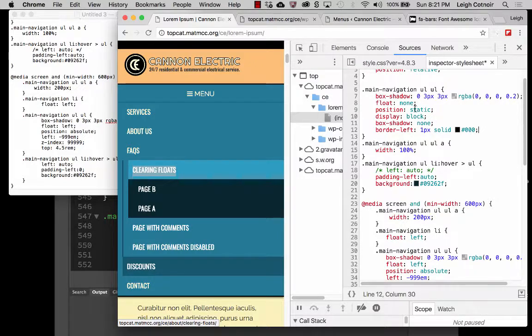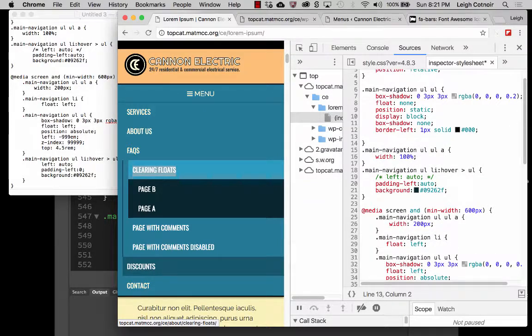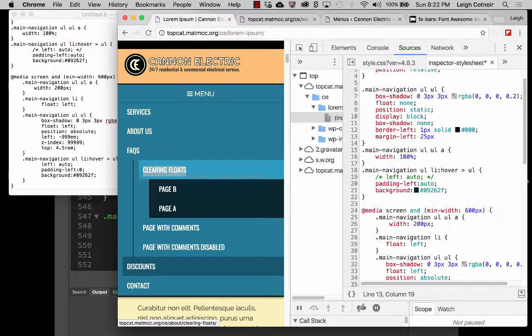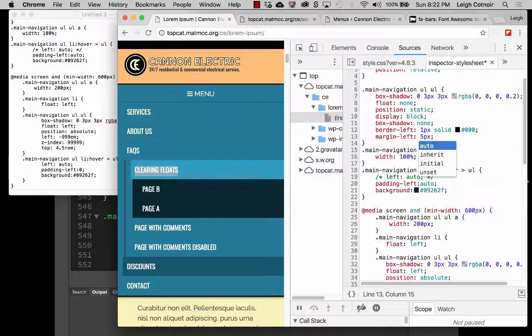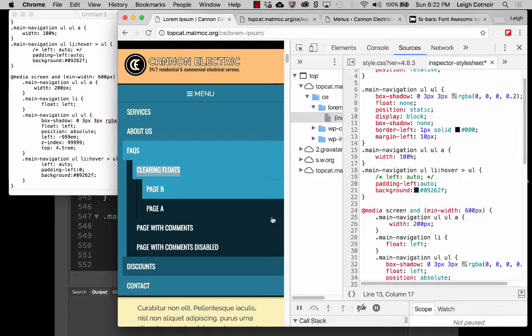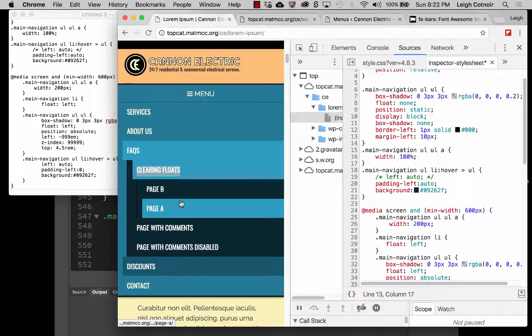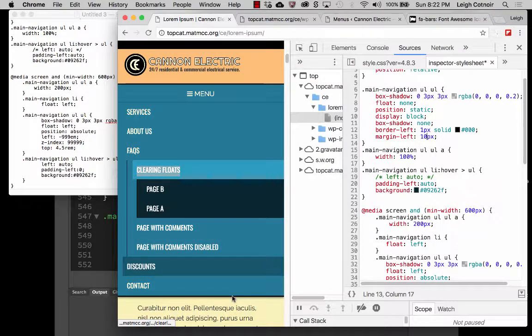The other thing that you could do is you could inset this. You could say that you want it to have a margin. Let's try that, margin left of like 25 pixels. Let's do something like that. And that might be a little bit too much, right? But you could maybe do 5 pixels. Let's try 10. So you could try something like that where it actually bumps each one of those things in a little bit,